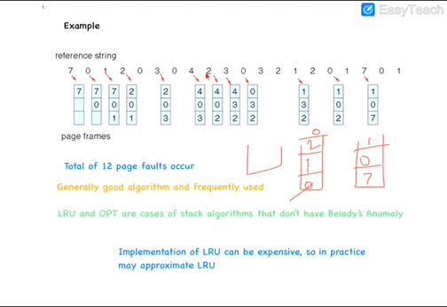For 3 again, 2 and 4 were the recent ones, so 0 is the oldest one, so 3 is replacing 0. And coming to 0 again, a page fault occurs, that is, the page is not in memory, so the most recent one is 3 and the next recent one is 2, and the oldest one is 4, so 0 is replacing 4.